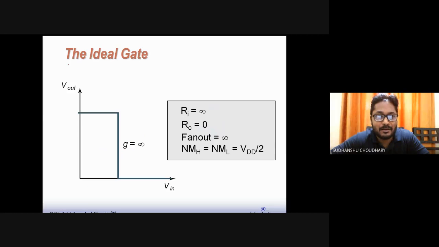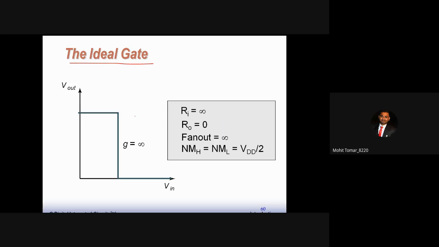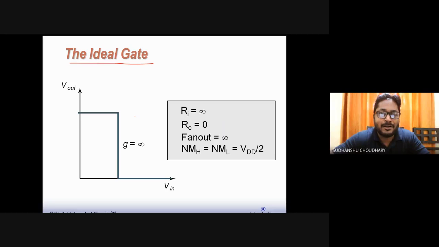Now, based on our discussion, let us say what could be the properties of the ideal gate. For an ideal gate, fan in is not exactly low, but yes, it should not exceed a limit. That limit has been set to somewhere around 4 or 5 inputs. Because with more than 4 or 5 inputs, the circuit is more complex, the gate is more complex, that is, it has more transistors or devices utilized,